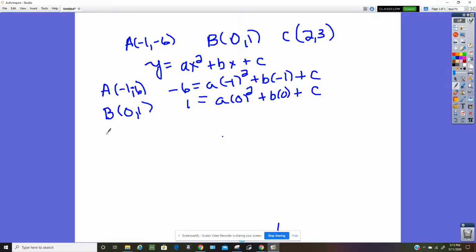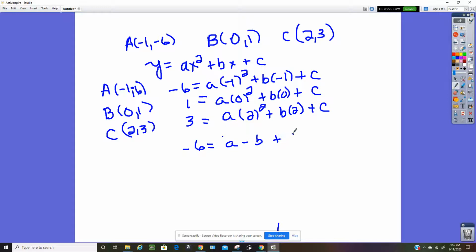But just like in the video, we're going to use matrix equations, even though we know what c is right away here, because this would be 0 plus 0 plus c is equal to 1, so c is equal to 1. And then the third point, (2, 3). So now you have 3 is equal to a times 2 squared plus b times 2, and then plus c. So the 3 equations we would have would be -6 is equal to a minus b plus c, and 1 is equal to 0 plus c, so just put plus c here. And then 3